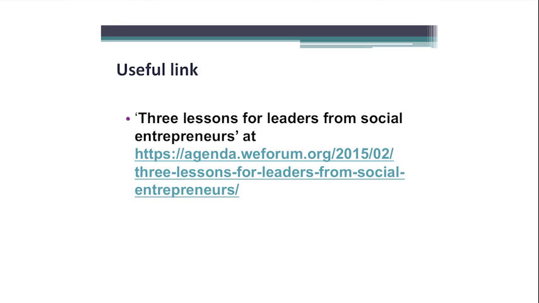Having a positive impact on the environment is important for some social enterprises, depending on what they're running. In Nicole's example of Belu, that clearly is an enterprise that has a positive impact on the environment. However, some social enterprises will be more concerned with the social impact on local people and communities. Social enterprises also give people more freedom to try new ideas and be more creative, and we will consider creativity in one of our later presentations. And also to improve what was available. You'll see on the slide that we've put a link that you may want to look at, which will give you more information about social enterprise.